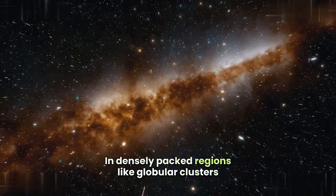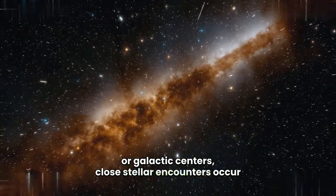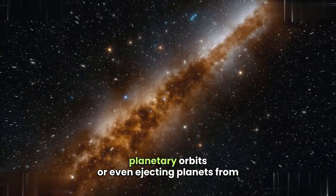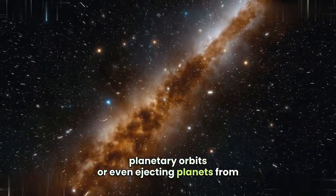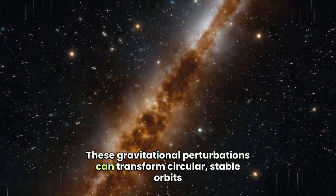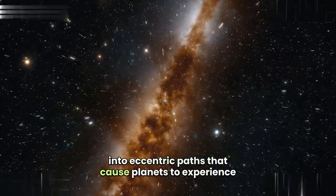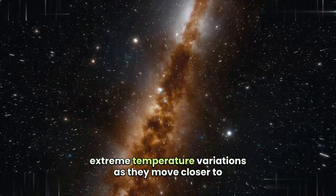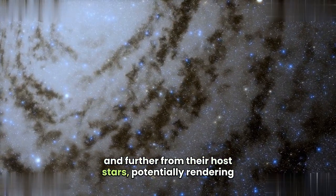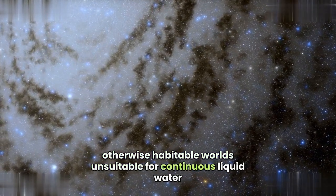In densely packed regions like globular clusters or galactic centers, close stellar encounters occur relatively frequently in astronomical terms, potentially altering planetary orbits or even ejecting planets from their home systems entirely. These gravitational perturbations can transform circular, stable orbits into eccentric paths that cause planets to experience extreme temperature variations as they move closer to and further from their host stars, potentially rendering otherwise habitable worlds unsuitable for continuous liquid water